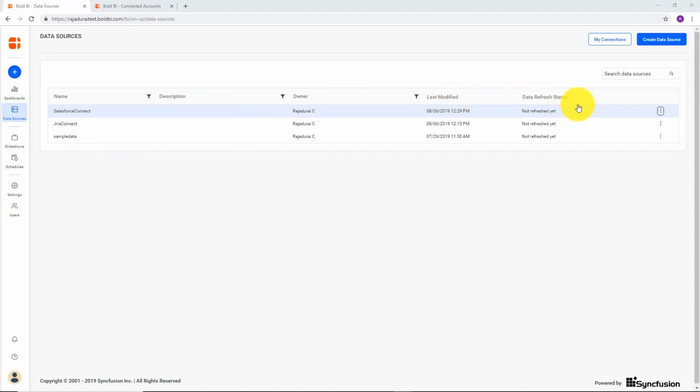At the right, there is a kebab menu that controls actions such as creating a dashboard with a specific data source, editing a data source by opening it in the dashboard editor, sharing permissions, viewing version history, and deleting a data source. At the top of the page, there is a Create Data Source option, which, as the name implies, creates a data source,